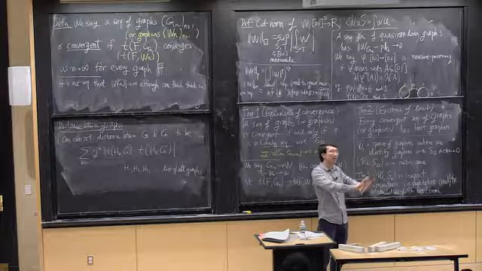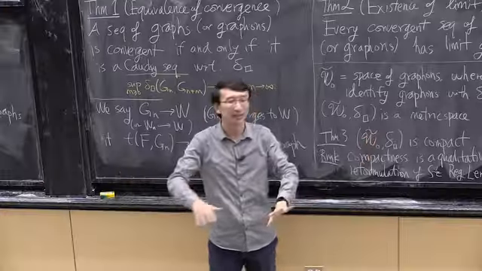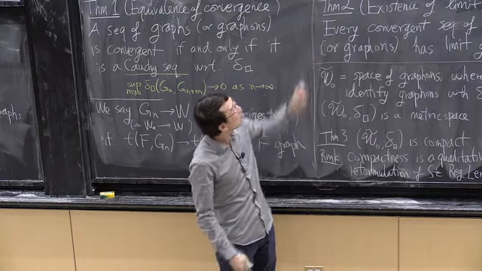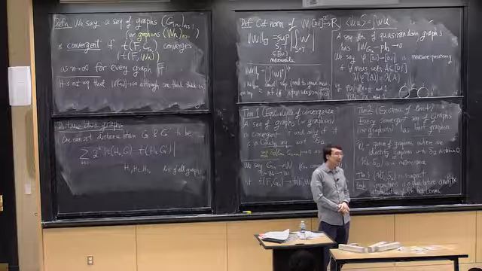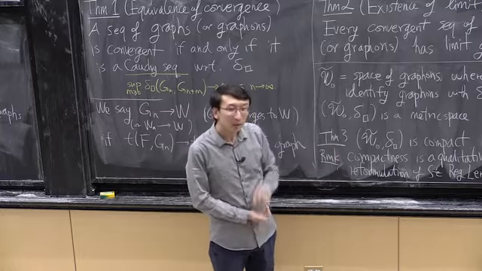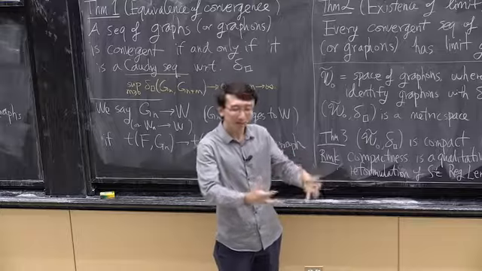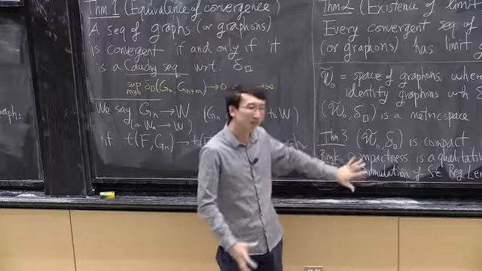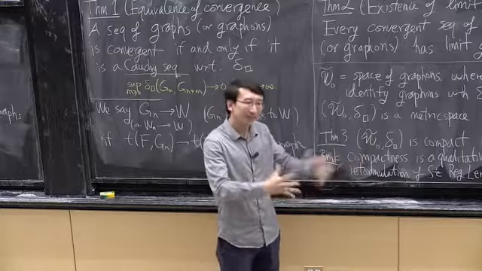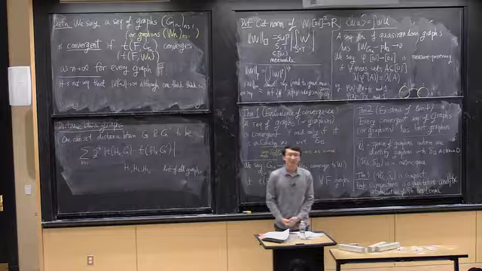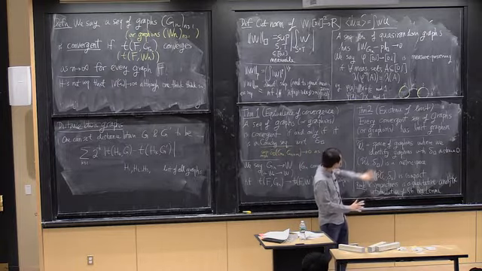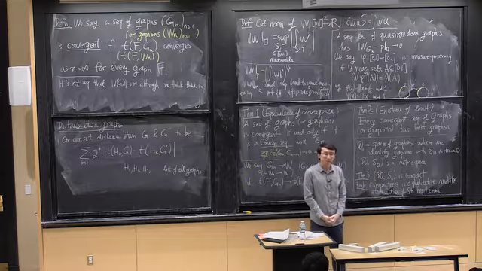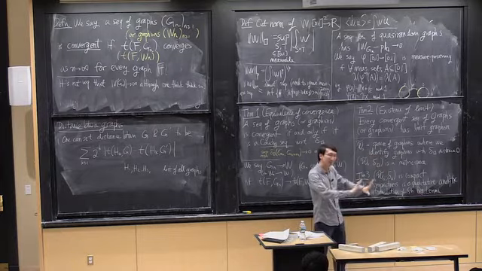So let me give you the real line analogy, going back to what we said in the beginning. Theorem 2 is kind of like saying that the real numbers are complete, so every convergent sequence has a limit. Whereas theorem 3 is more than that. It's also bounded, in some sense. Here there's no notion of bounded, but it's compact. You should think of these two as very much related to each other, but they're not equivalent.